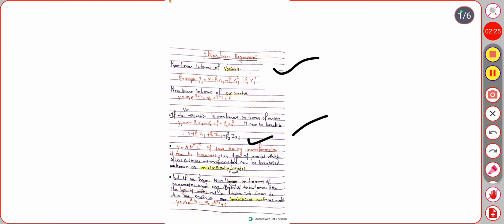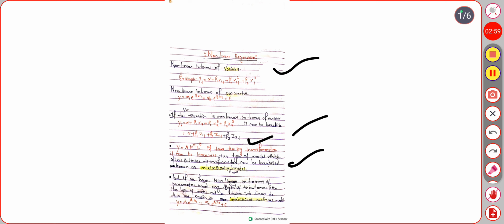z3t. Y is equal to a Cobb-Douglas production function, beta k power alpha L power beta. If we take the log transformation, it can be linearized. This type of model, which with a suitable transformation can be linearized, is known as an intrinsically linear model. If this Cobb-Douglas type of nonlinear model can be linearized, then it is called an intrinsically linear